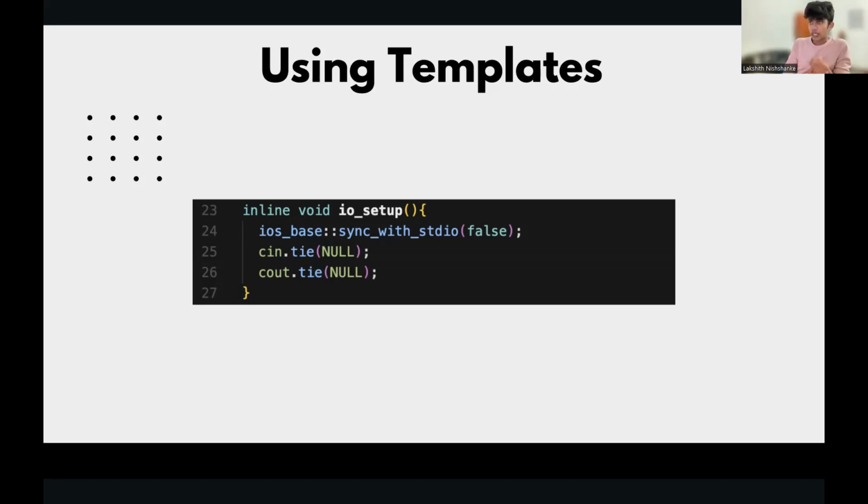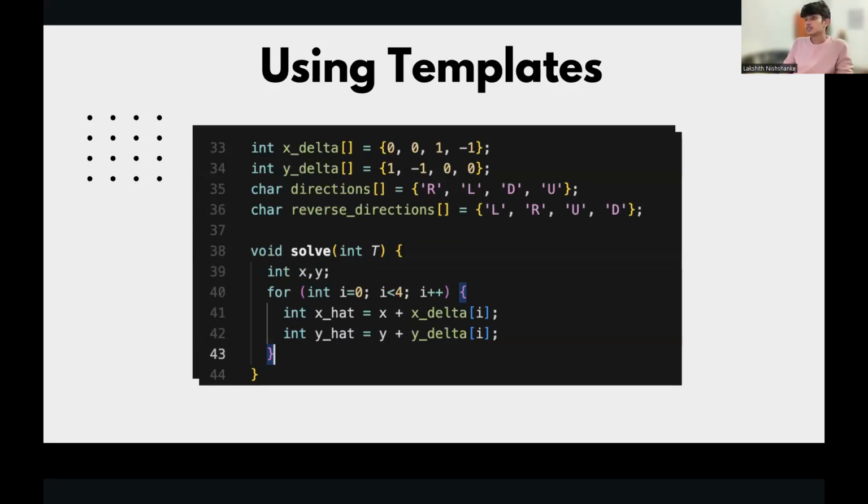Except in interactive problems, when doing a normal programming problem, usually at the start you can take all the inputs and then output everything. So in that case, you don't really have to sync your inputs and outputs. You can just turn that off and it will make your code run much faster. This is a trick specific for C++ programmers.